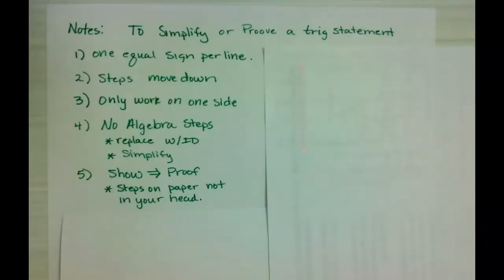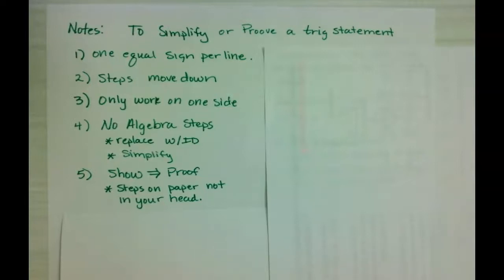The last thing we're going to do, problem 7, is kind of introduce you to how you do a proof or you do simplifying. So don't panic when I say proof. Proofs in algebra are not the same thing as proofs in geometry. Proofs in geometry are 2-column proofs. You have a given, and then you have a reason. In simplifying or proving